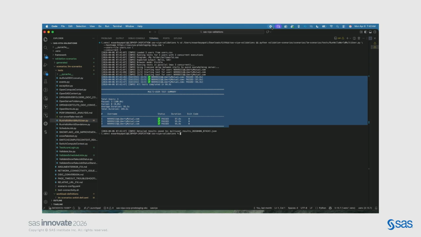For the visual representation, we used the browsers, but I could pretty much run these 100-plus users without the browser, in headless mode. It gives you the summary, but it probably takes some time. But you could pretty much do it.